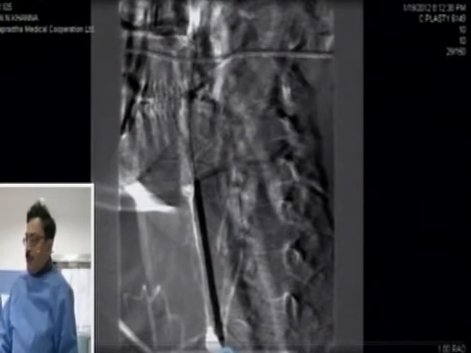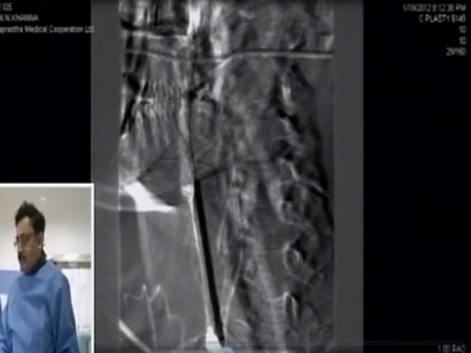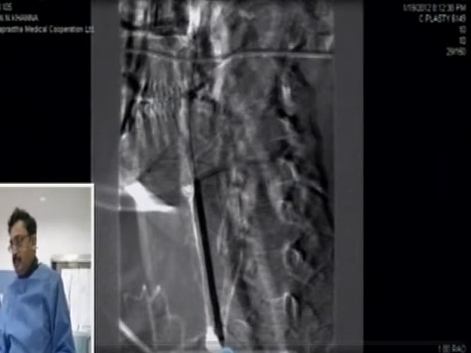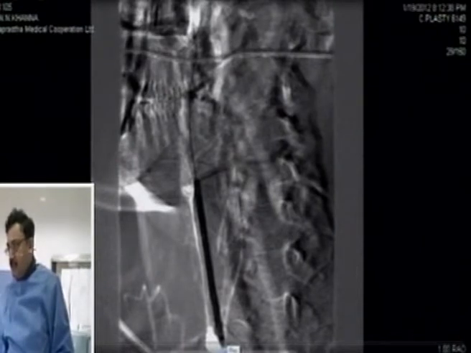I purposely did not want to put a stent in this vessel because his acute phase reactants were high. He was in active disease, and we just wanted to balloon it and see how it goes. Now it's been over 3 weeks. His ESR is now down to normal. His carotids are fine. There's no carotid tenderness. And go next.